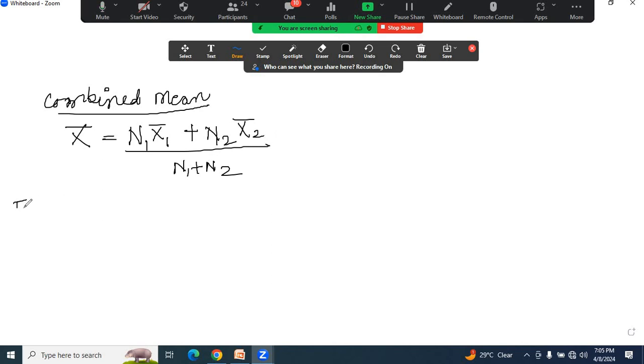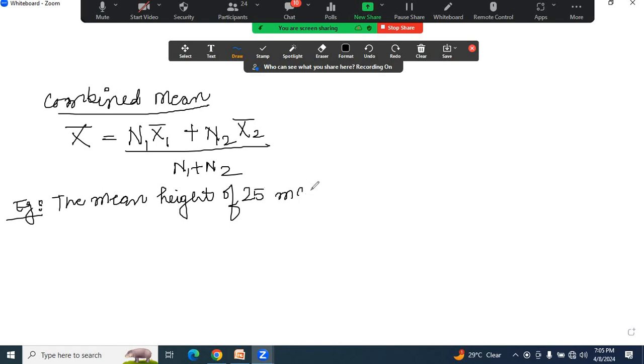For example, it's very easy. Just you need to know how we apply it, that's it, nothing much. The mean height of 25 male workers in a factory is 61 inches